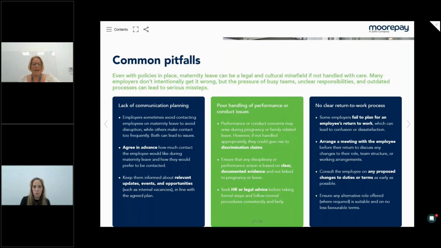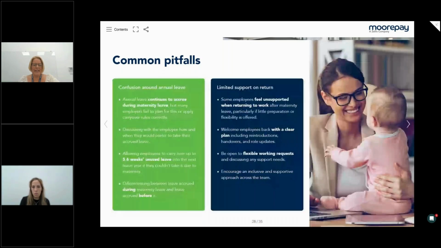Other common pitfalls are confusion around annual leave. So, like I say, if somebody is thinking they can be paid the annual leave, this should all be discussed way up front. Employees shouldn't come back thinking, yeah, I can take. Actually, I had a live case the other day where an employee just thought they could increase their working days by 1 day and just have that 1 day's holiday paid to them each week, but they didn't want to permanently change the terms and conditions. They just wanted to be paid that day's holiday a week for they had that many holidays.